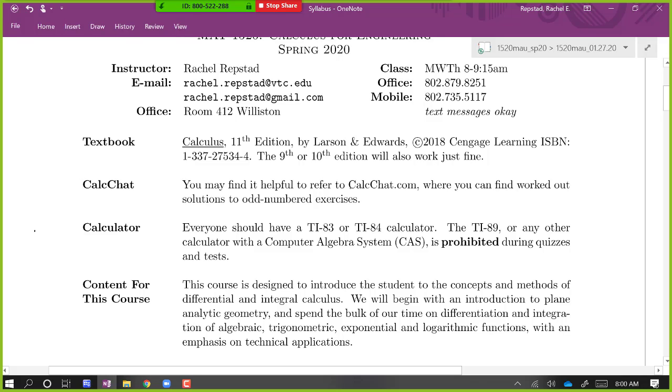And there's an online resource called calcchat.com, and I think there actually is chat help, but I'm pointing it out not for the chat help, but because there's solutions to most of the odd-numbered problems, and I assign odds because I want you to be able to check your work. The answers are in the back of the book, just the answers, but calcchat.com will have actually worked out solutions. And they're not perfect in that there might be some steps missing. You might wonder how they got from this step to that step, but it often gives you an idea of how they approach the problem if you're stuck.